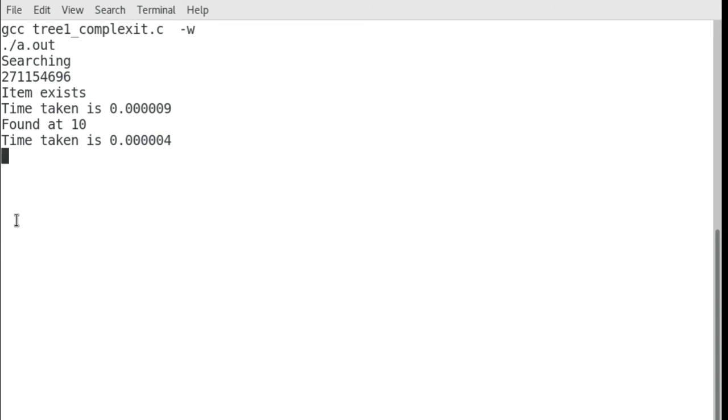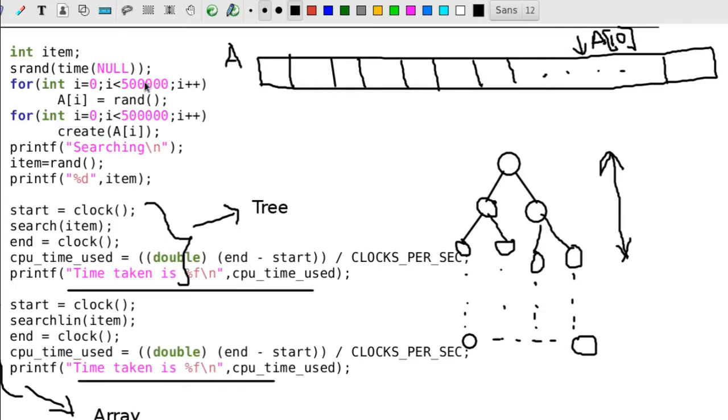We can see that when we are searching for the 11th element, the time taken for searching in the tree is higher than the time taken for searching in the array, which is quite obvious, since in the case of a tree we will be having nodes connected through some pointers, and these memory locations are not close to each other.